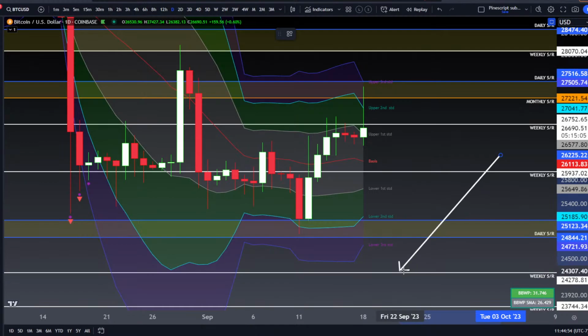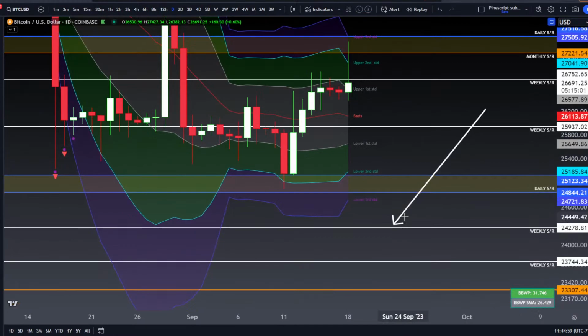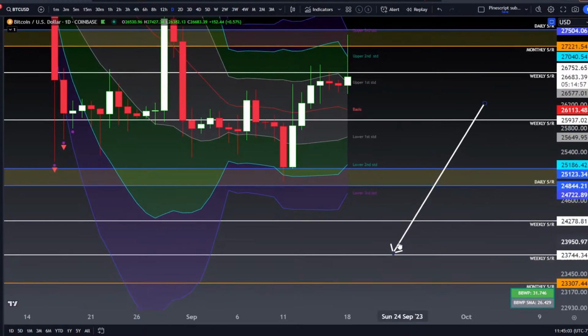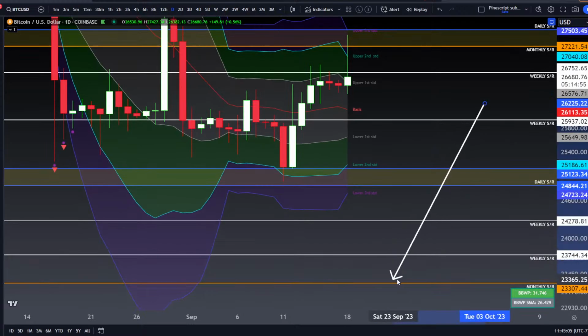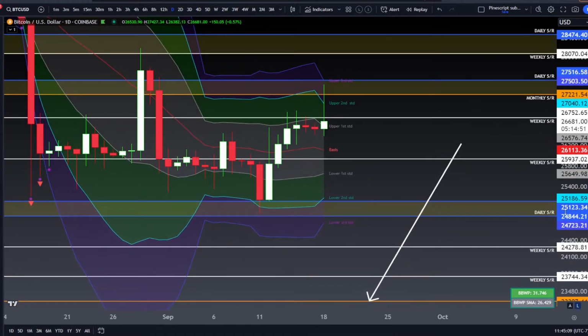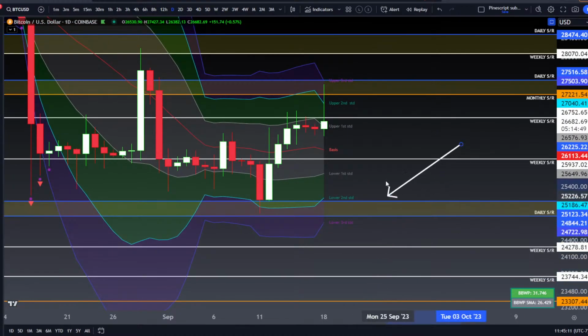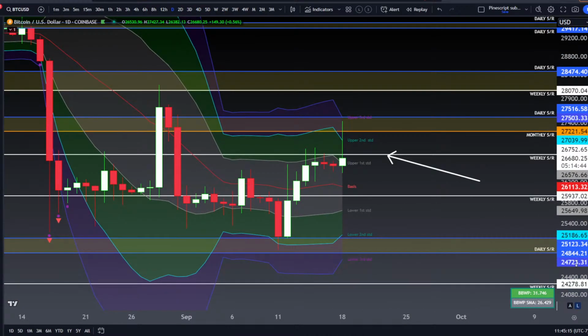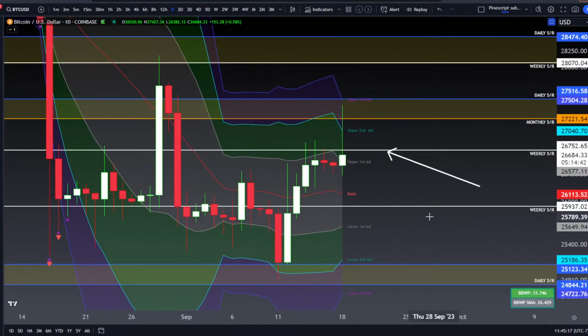to the 24,300, 24,500 area. Then that does open up the next targets down here, 23.7 to 24K. And the monthly there is the line in the sand at 23.3, as many of you already know. Now, if we do see this 26,750 closed above, specifically a close, then I would be looking for another